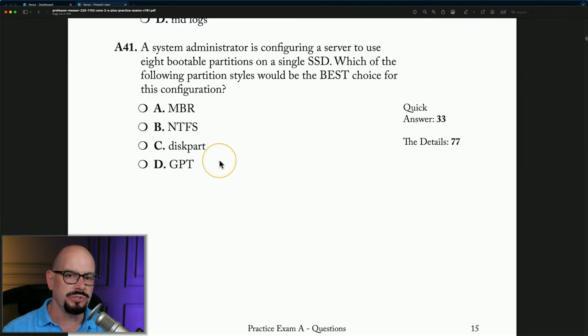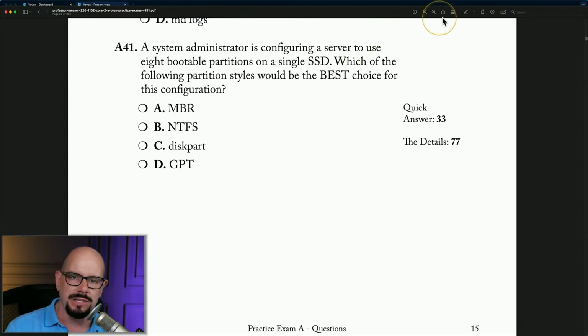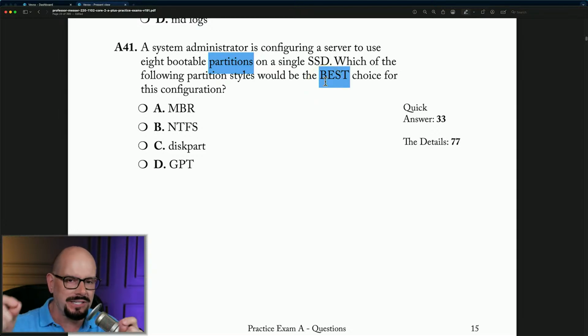So now we get to choose. Now this is a PDF. If you're on a tablet, you can use your stylus. You can write on it and do different things on the actual screen. I'm on this PDF reader in macOS, so I'm going to highlight different things that I think are important to me. I can put text on the screen. I can modify this. If I think I know the answer, I can choose it. There's a lot of different things that I can do with this.